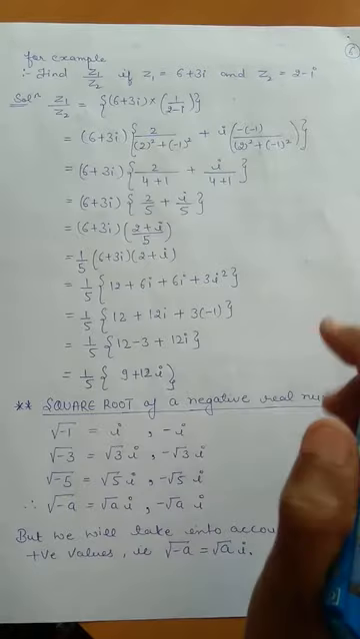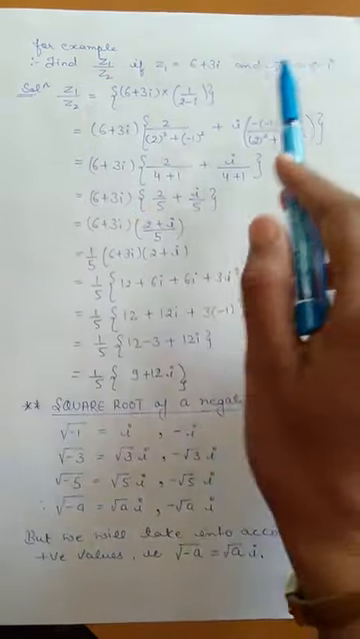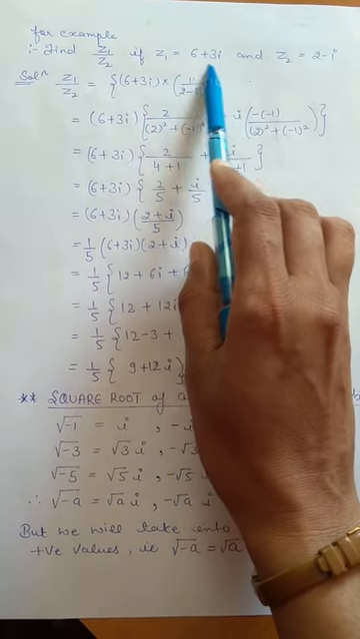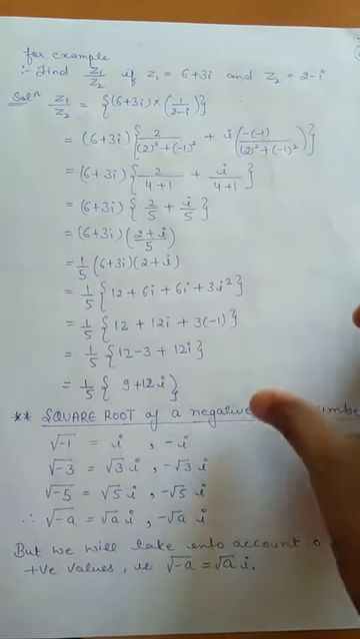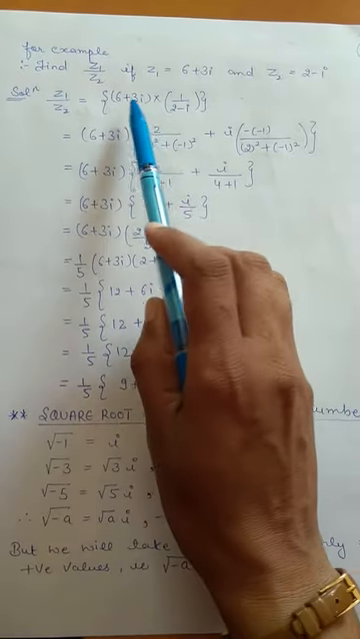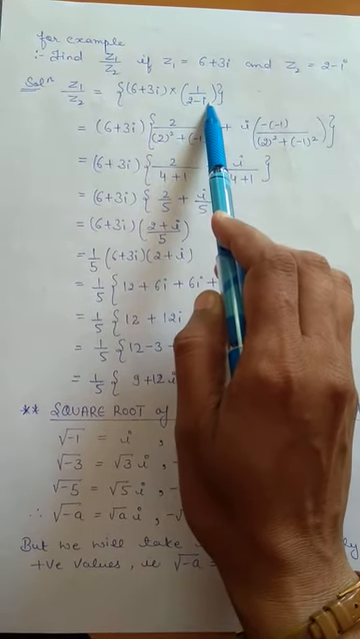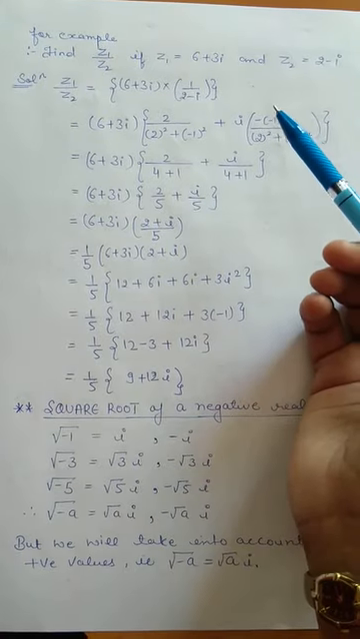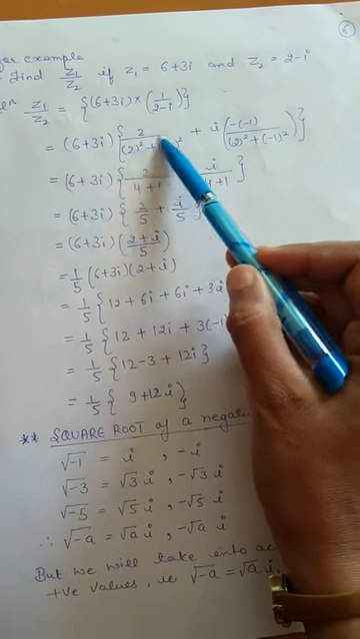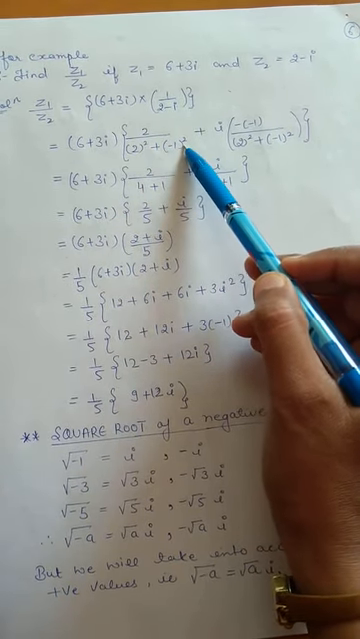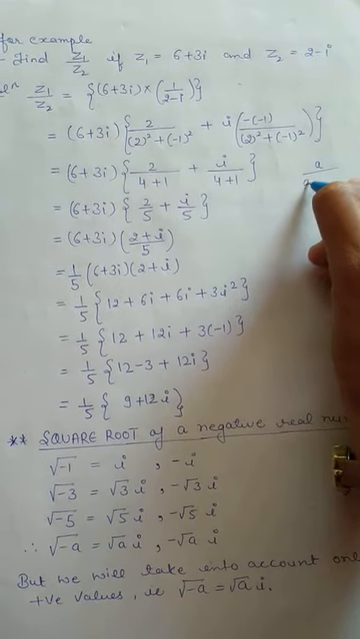This is showing, for example, find z1 upon z2, if z1 is equal to 6 plus 3 iota and z2 is equal to 2 minus iota. Clear? Now what I will do, I will take 6 plus 3 iota into 1 upon 2 minus iota. When we have rationalized it, we will get this form, that is 2 upon 2 square plus minus 1 square. It is nothing but a upon a square plus